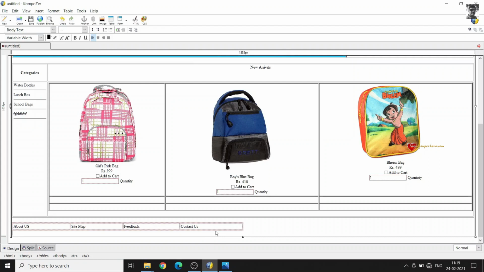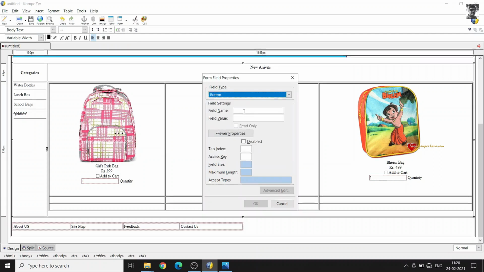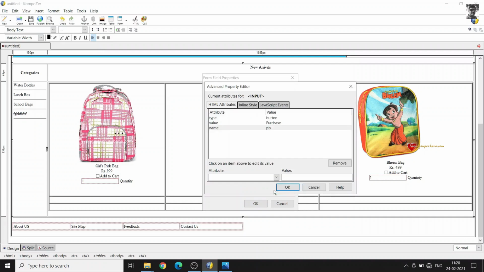Border is 0, so when we will see this in the output, we will not see the border of this particular cell. Then here, just below the 9 products, there is one button inserted. So let us insert that button. Again we go to form field. Instead of now text, we will select button, a user defined button. So we select button. Field name, we say PB, that is purchase button. Field value, we will write as purchase